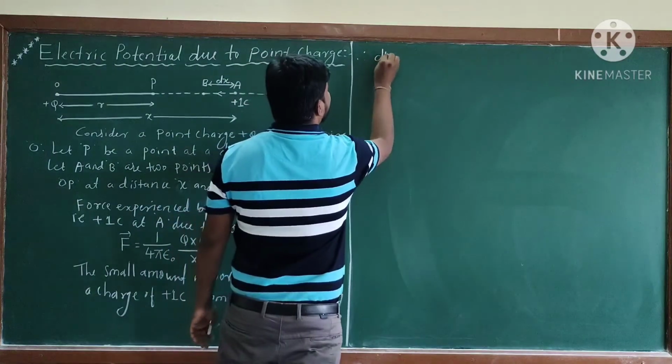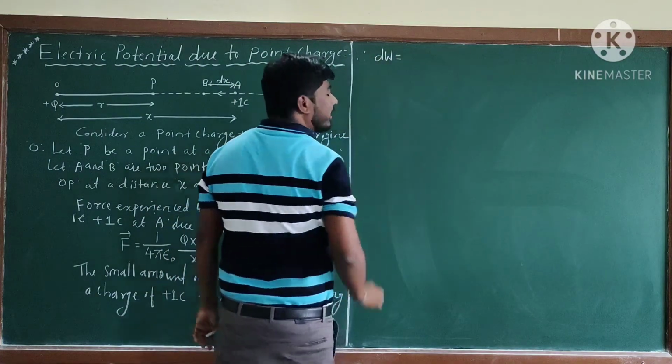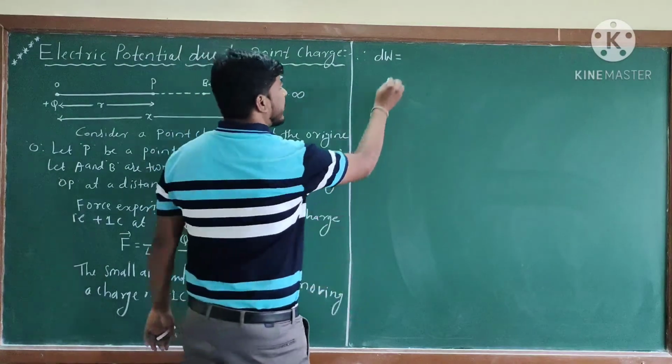Therefore, this dW, the small amount of work done, is given by